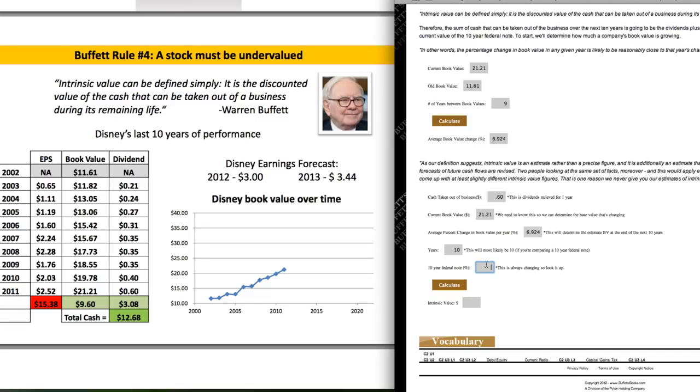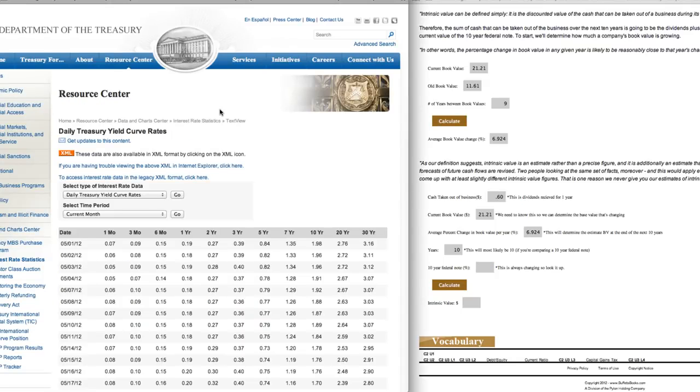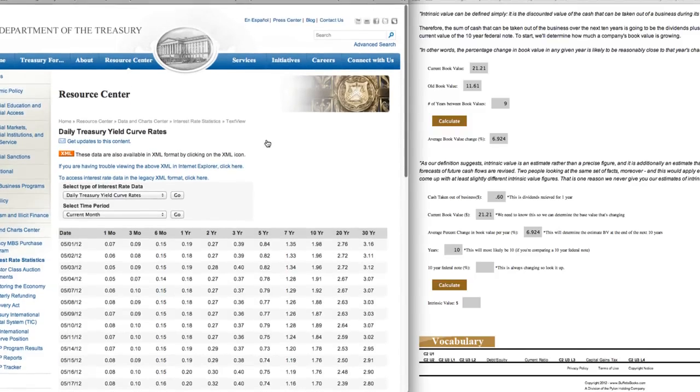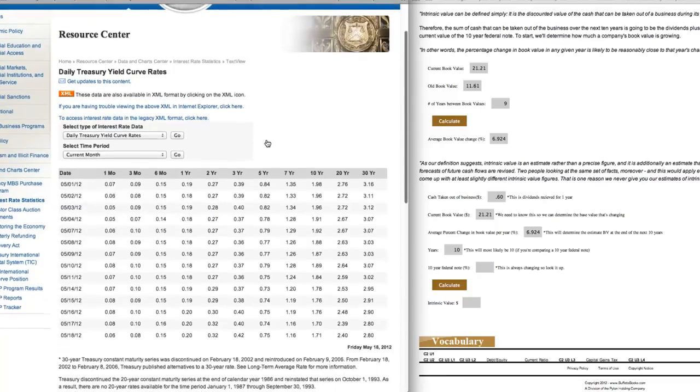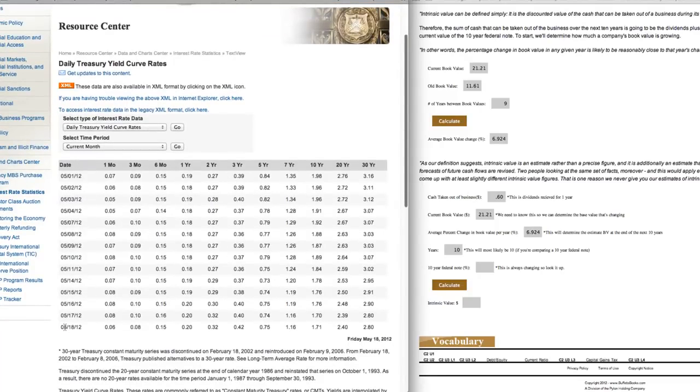Okay, so I promised that I would show you how I found the current value for the 10-year federal note. So I'm going to go ahead and do that now on the left-hand side of the screen, and I'll keep the intrinsic value calculator up on the right. If you go to the U.S. Department of the Treasury, you can see that's where I'm at right now. And all you have to do is just type in 10-year federal note into Google, and it'll be the very first search result. And so you'll click on this chart, and you'll come down here to the date.